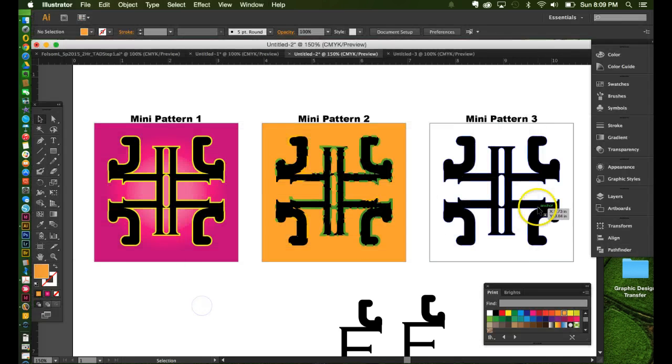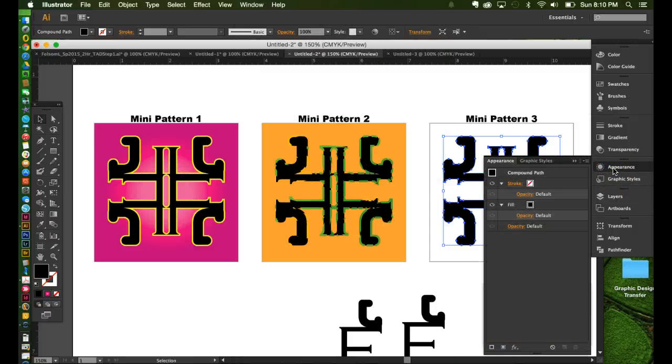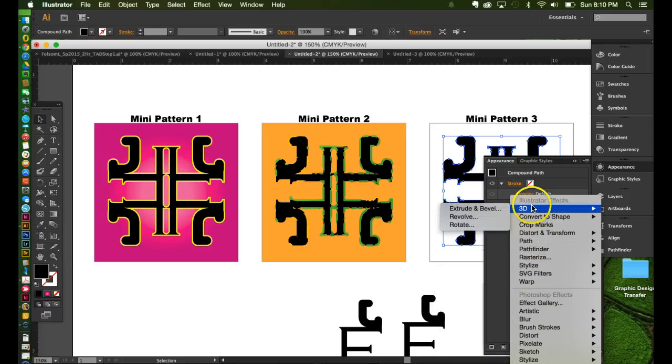Oh, so if you want to add an effect, since we have this welded together, we can come over here to our effects panel. I don't have that open right now. So let's go up to Window and down to Effects. Oh, we need our Appearance panel. Sorry. If you open your Appearance panel, Effects is down at the bottom. And so this is where you can go in and create